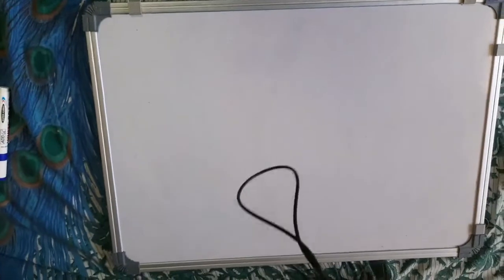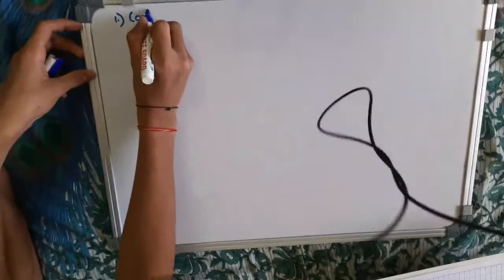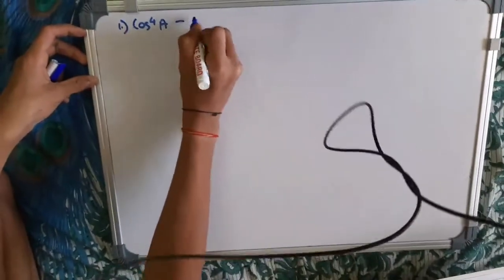Today I'm gonna prove all the questions of Example 5 from Plane Trigonometry Part 1 by S.L. Loney. As I have proved them, I have made a notebook for that, so I will show my proofs from this. This video would become long, so I will divide it into certain parts. So let's get started. Our first question is: prove that cos to the power 4a minus sin to the